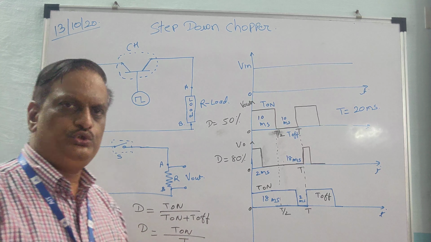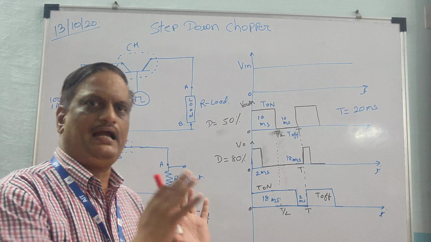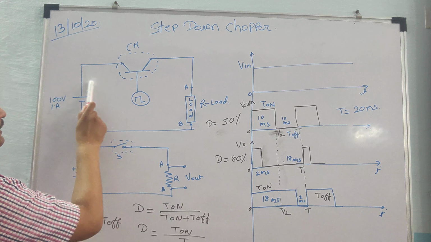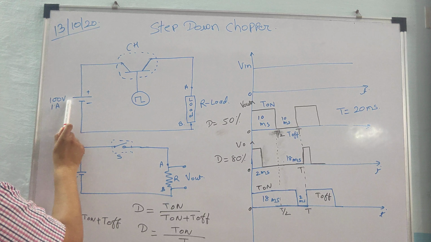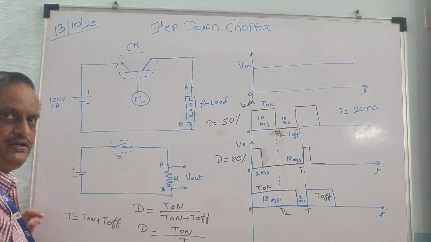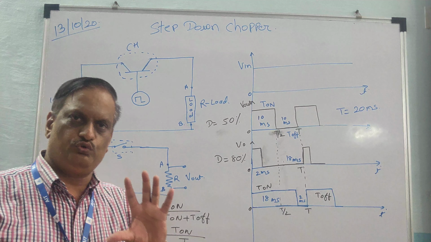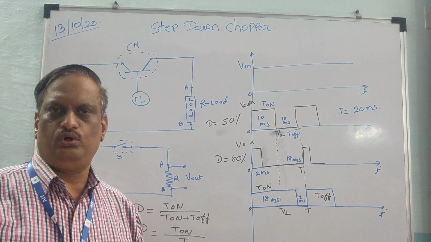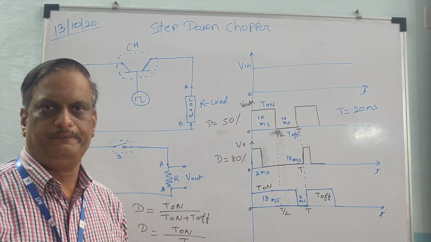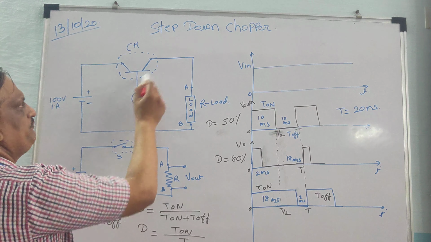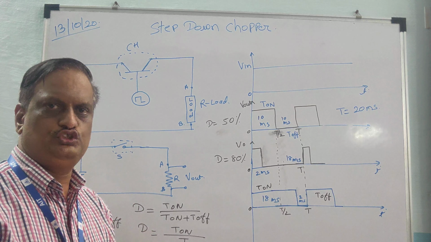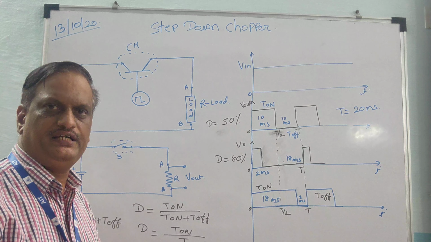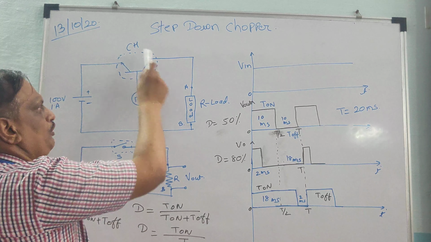Okay. Now I will show you how this simple circuit can do it. Let's see here. I am using a DC voltage whose magnitude is fixed at 100 volt at 1 ampere. So the input DC voltage which you want to convert into the variable DC voltage is 100 volt, with a current rating of 1 ampere. Similarly, I have chosen one transistor which is acting as a chopper. Here a power BJT is used for the chopping purpose.